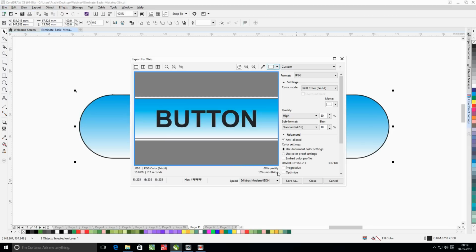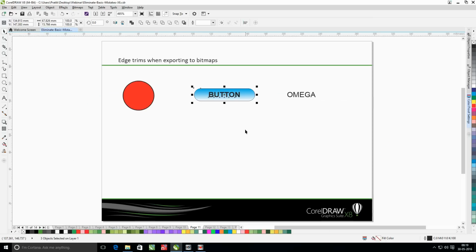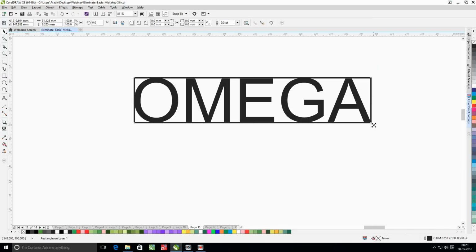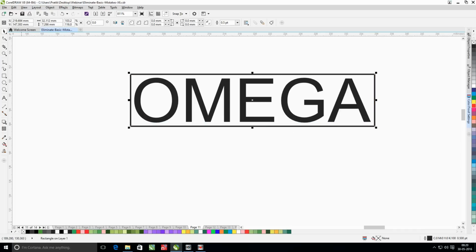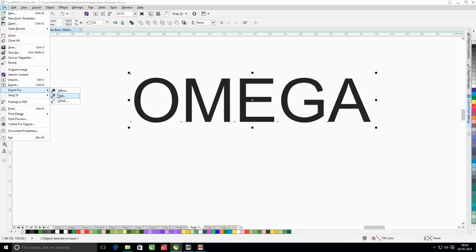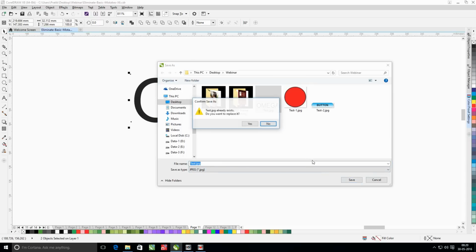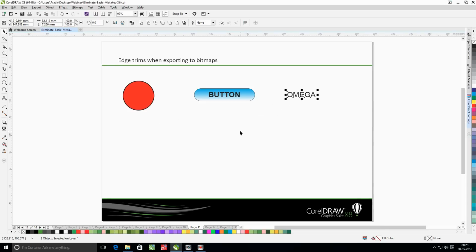Export for web, H2, and the third one is this text object. Again, I will increase this size just a little, remove any outline or color from this, select both the objects, export for web, H3, it is this.